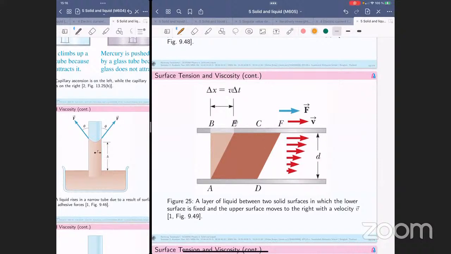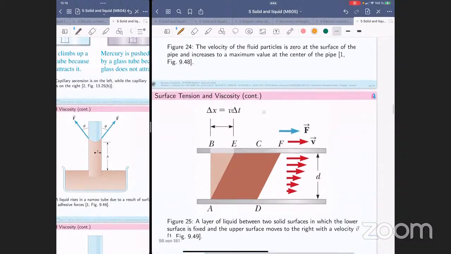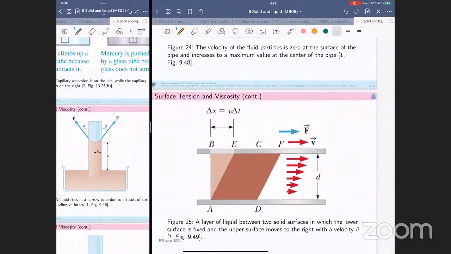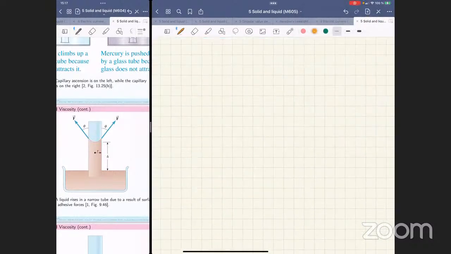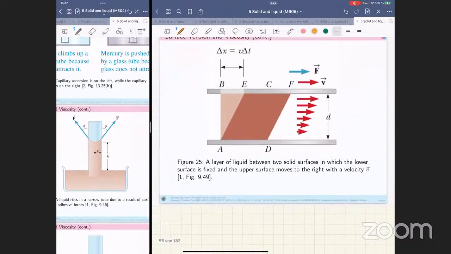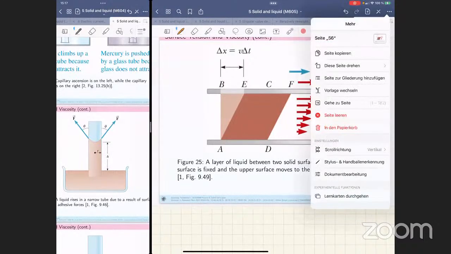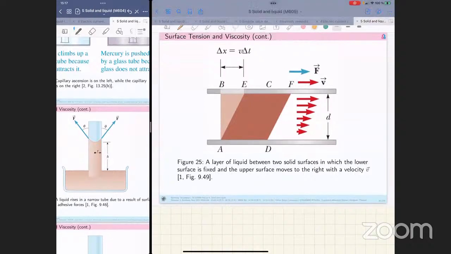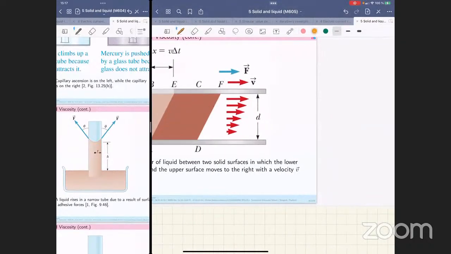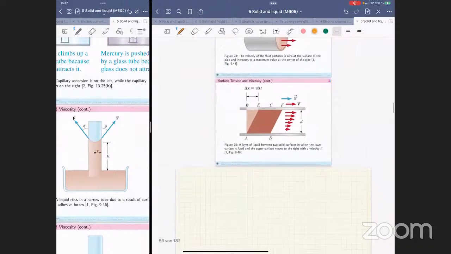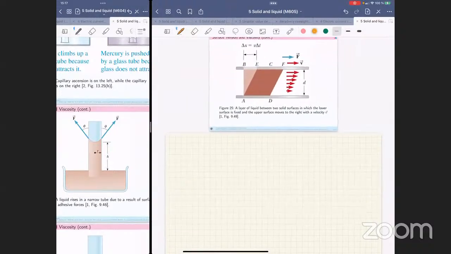Okay, an experiment to observe this is the following. You have, oh no. How to delete this page? I'm not sure. Oh no. Okay, this page is fine. Yeah, in the first stage,